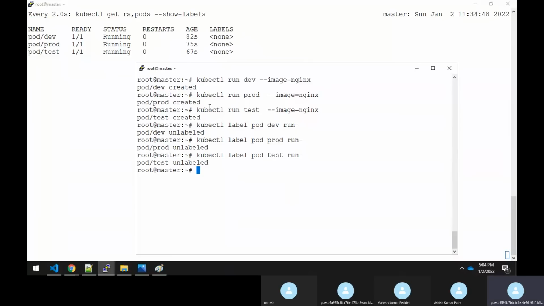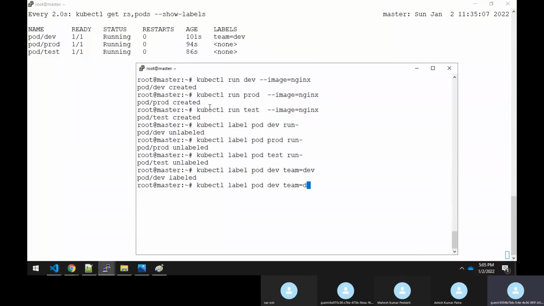Now what you will do, you will just set the label. kubectl label pod dev, team is equal to dev.